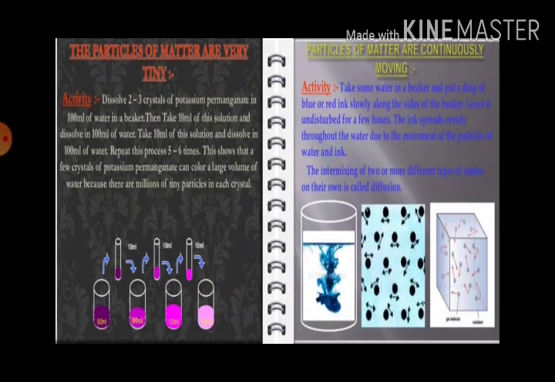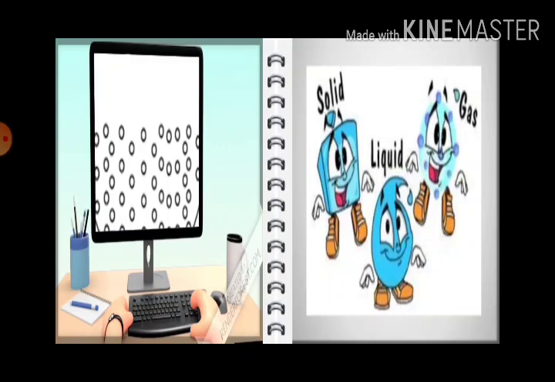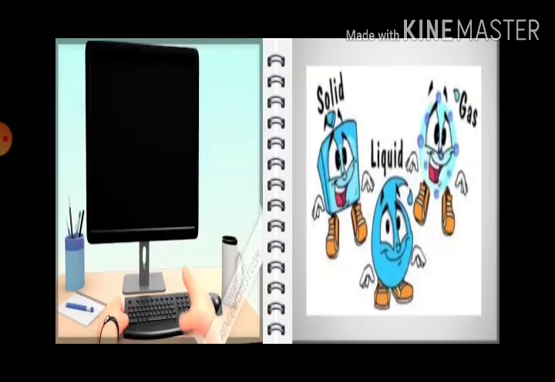Now talking about the basic properties of matter, the particles of matter are very tiny. Particles of matter are continuously moving. The particles of matter have space between them. And finally, particles of matter attract each other. Now these properties were shown through different activities. Now let's study the basic characteristics of the 3 states of matter: solid, liquid and